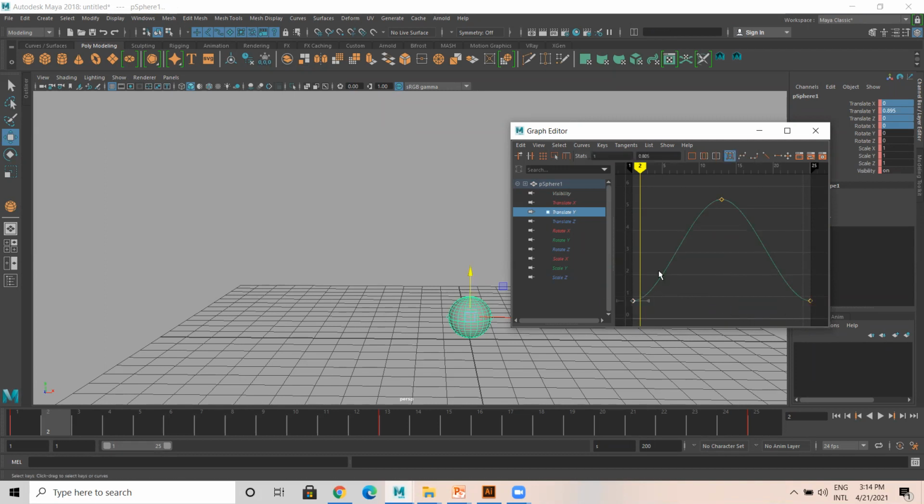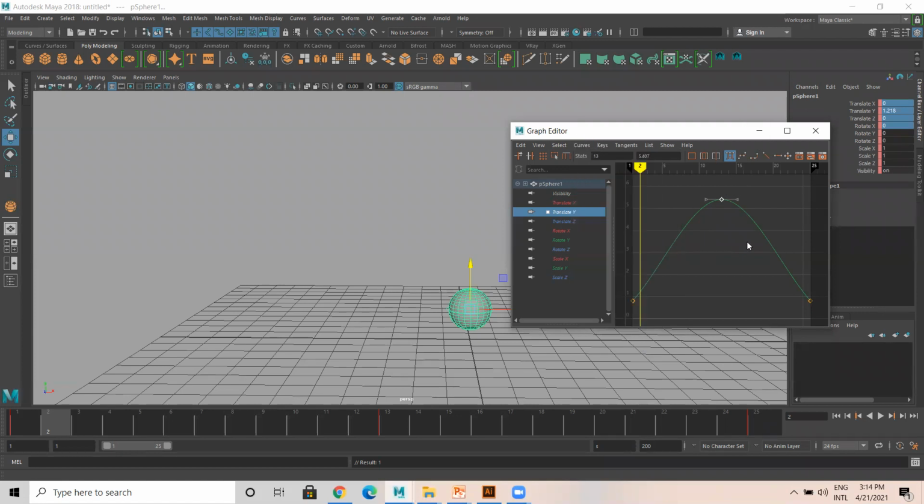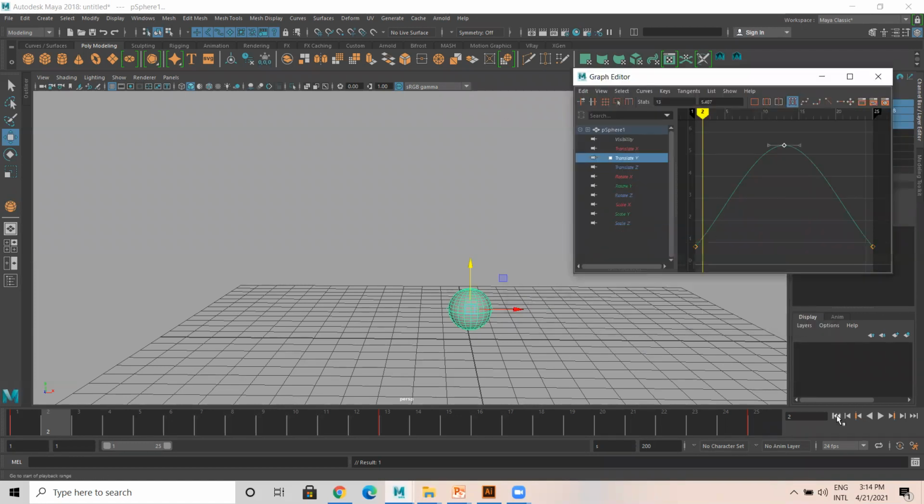Now I'll select the first frame and the last frame. Let's select the first frame only, go to Tangents, Linear. Select the last frame, Tangents, Linear. Now select the middle frame, which is spline anyhow. I'll go to Curves, Weighted Tangent, because I'm adding a bit of weight. Let's see the output right now. There is a bounce instantly after hitting the surface. This is a quick bounce, right?